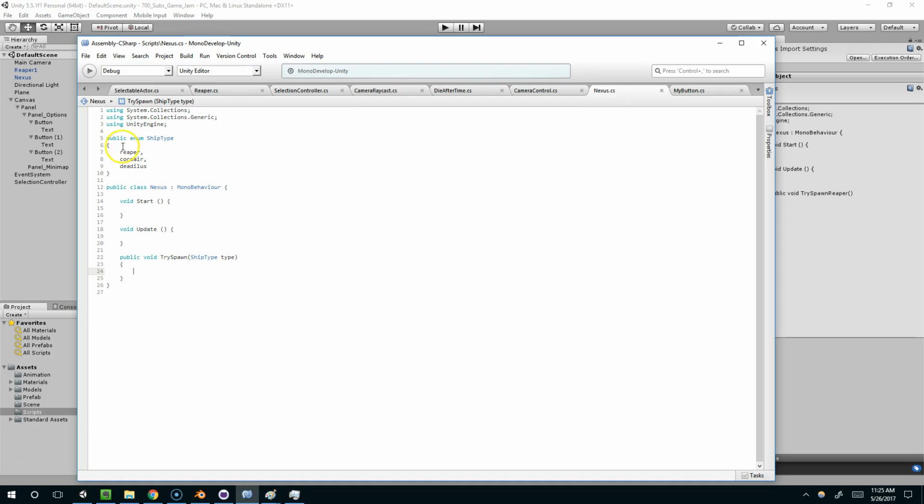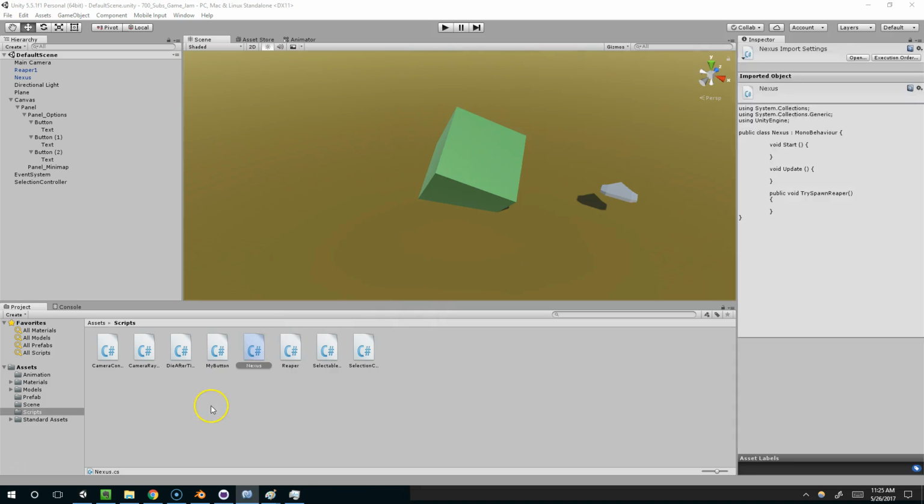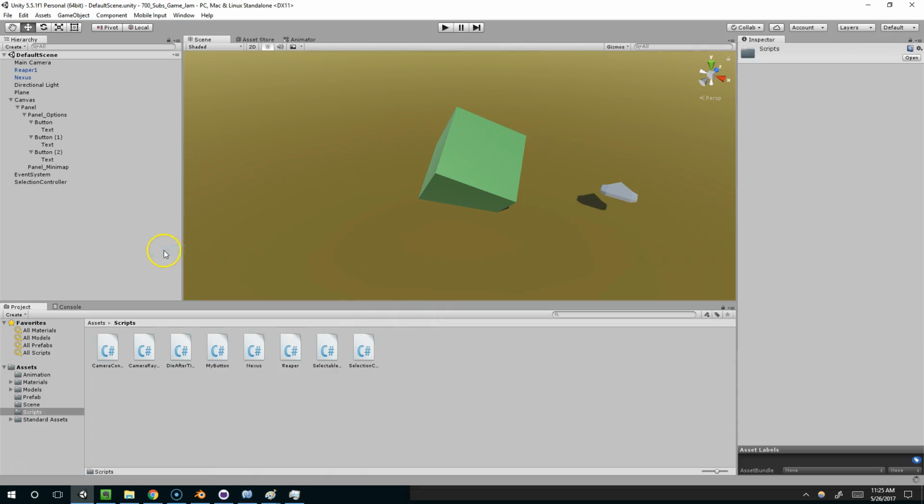And then we can look into these and figure out, like, we could set up some sort of price table and say if we have enough money, create this type. Since we're only using Reapers for now, we can say if, and we actually don't have any sort of currency. We're going to create another class for that. So that'll be